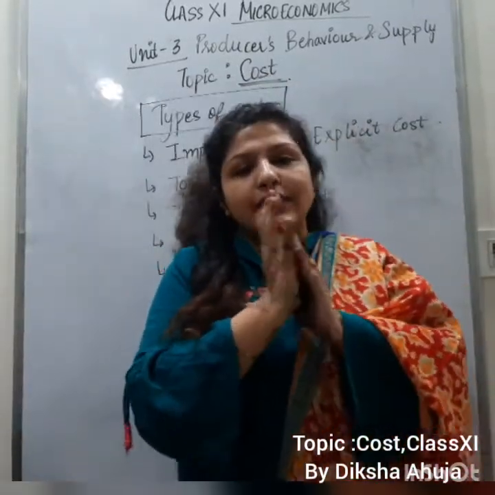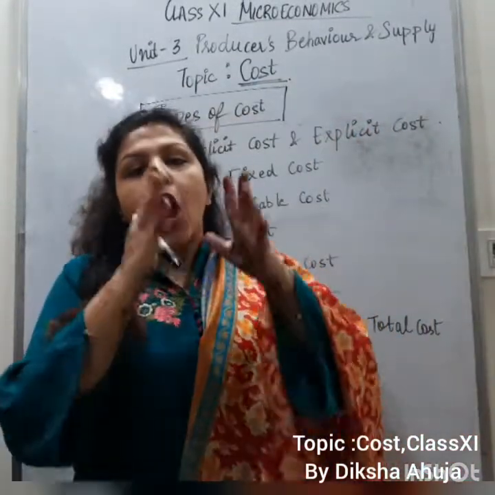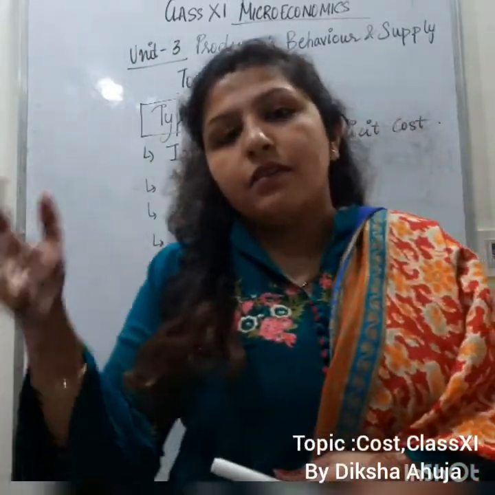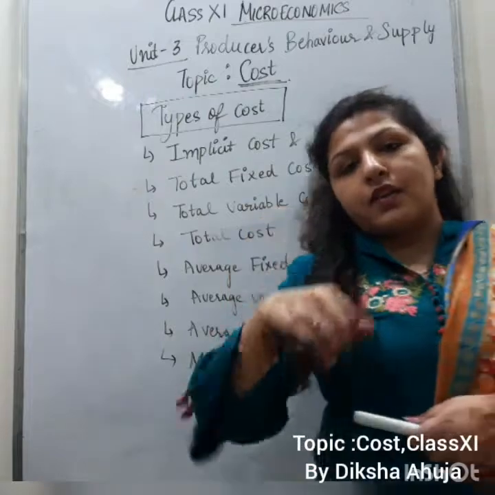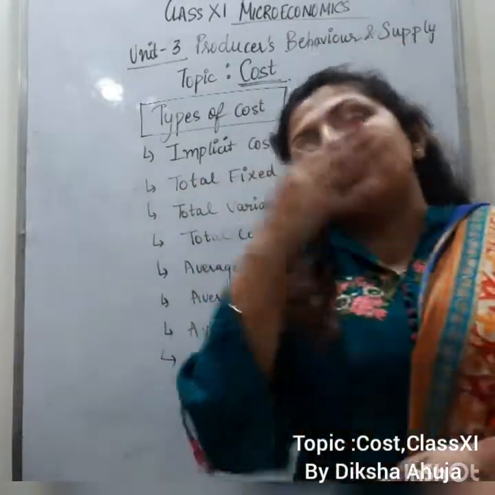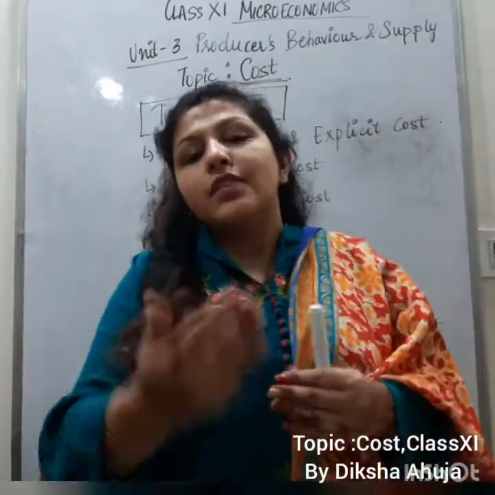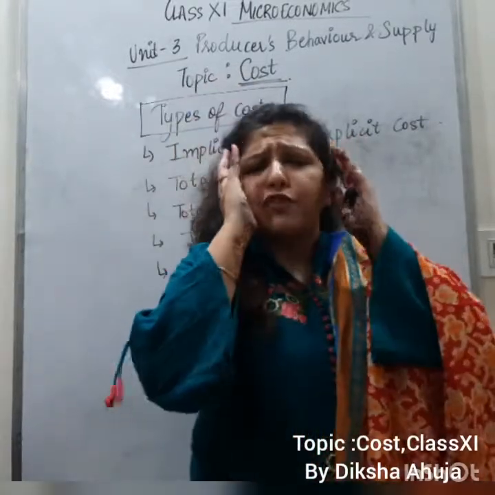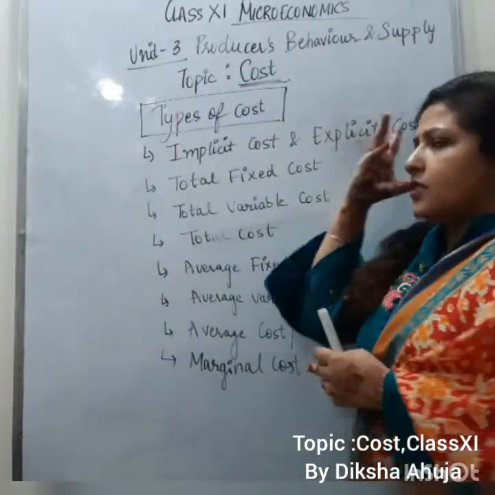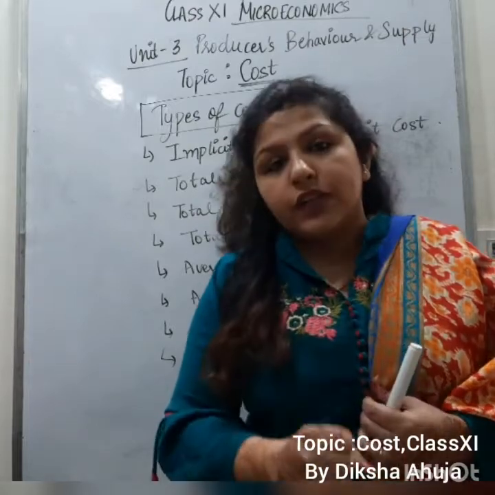Because after production, let's say I am producing shoes, I'm having a factory of shoes, so how much cost is involved, how much rent I'm paying, how much salary to the manager I'm paying, how much I'm paying to the workers, and how much raw materials I'm asking for, and how much additional cost, electricity cost I'm incurring, which is the variable changing cost and which is the fixed cost. And we should know when output increases, which cost increases. We have so many questions on the mind after production, which are solved by this topic cost. So cost is very necessary to calculate to know the budget of the producer.